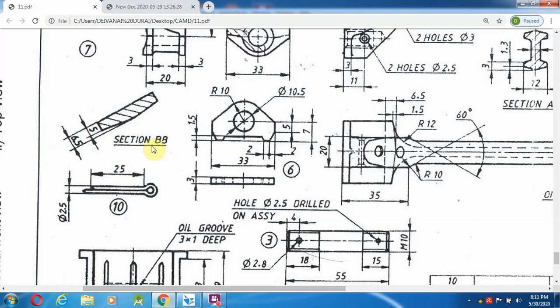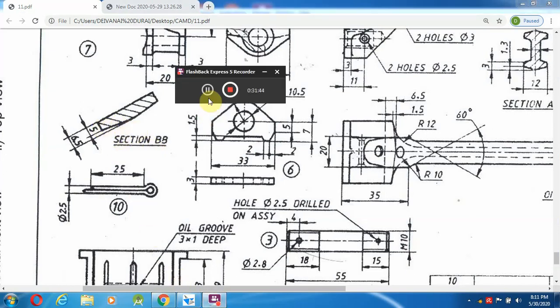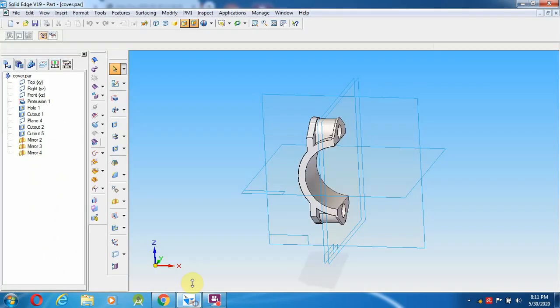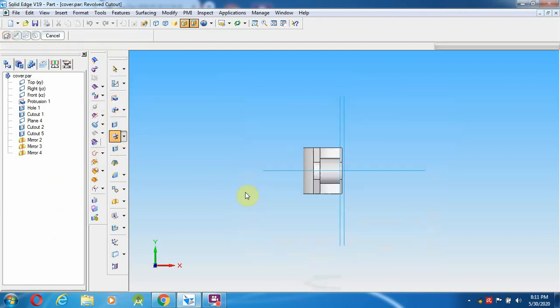So how to draw those things, go over here and select the one. Now you can select the middle plane, select the revolve cutout option. In the mid plane I am going to select.